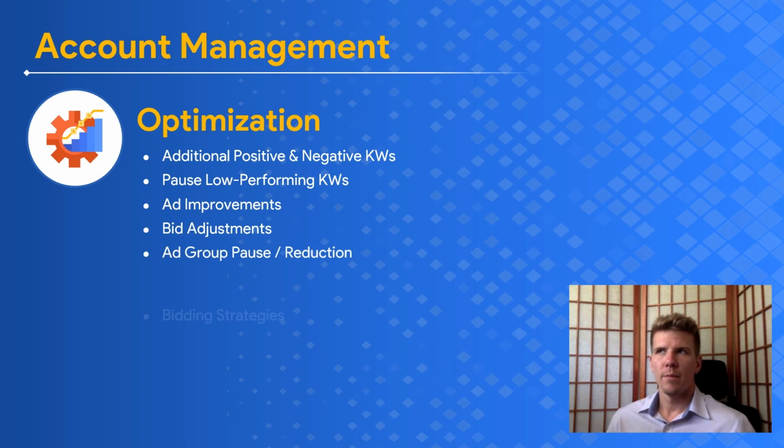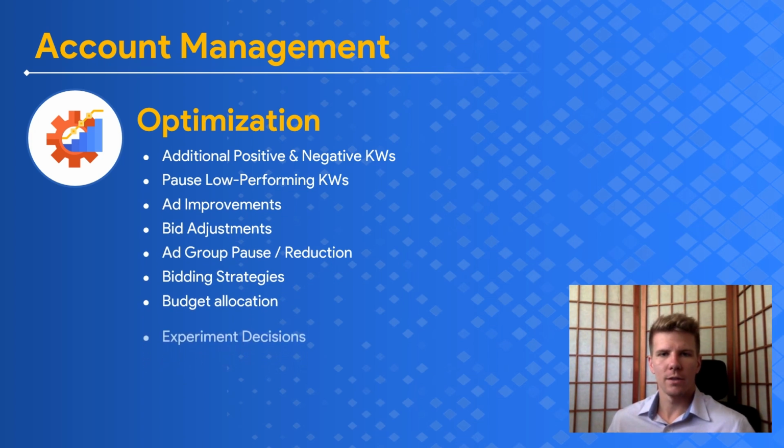Optimization is this period in which you are dialing things in, trying to get efficiency rather than volume. You're trying to know your numbers, improve those numbers, and then once you hit certain key numbers, then you can start scaling and getting more volume. So those are the differences between those two things. Optimization contains a lot of tasks that are more so like maintenance, but we'll go into that in more detail in that video. So additional positive keywords, pausing low performing keywords, ad improvements, bid adjustments on certain demographics, psychographics, devices,